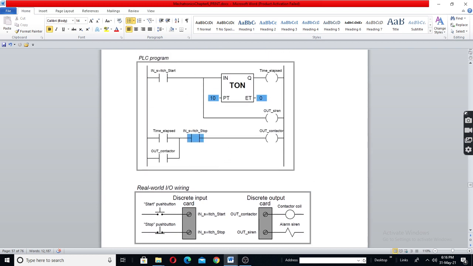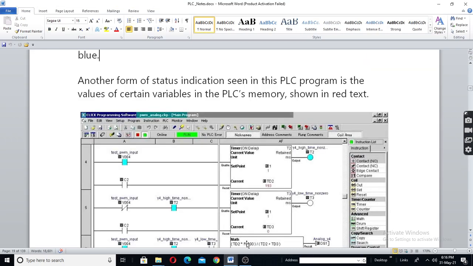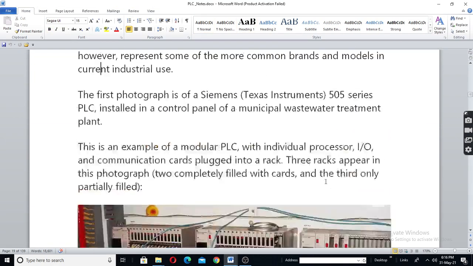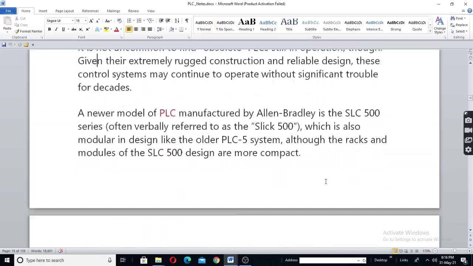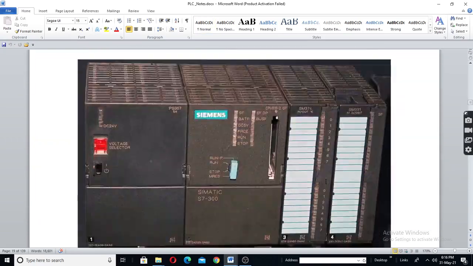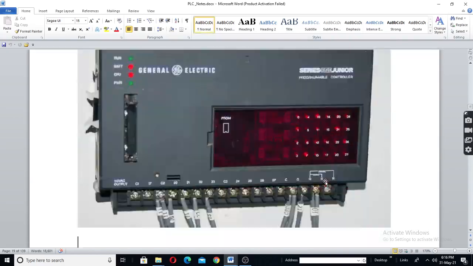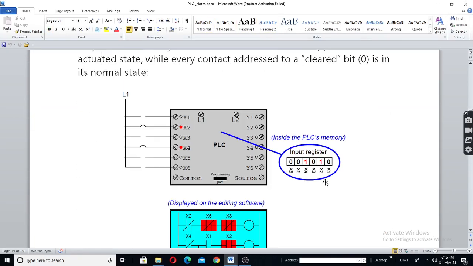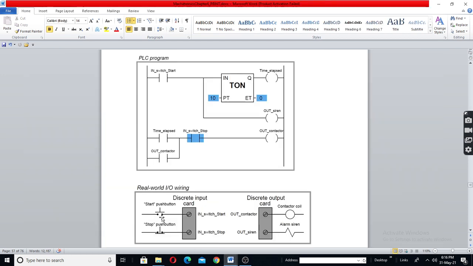You can see here, actually this programming, if you see the address we have written, will actually be like this: X and Y. Here we have written names like switch start just for understanding purposes.